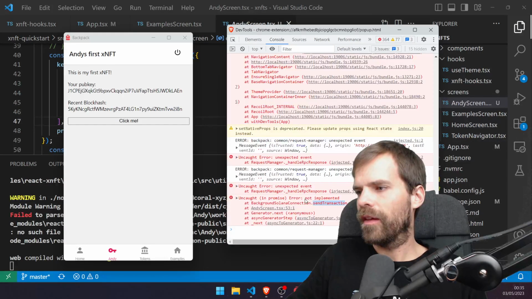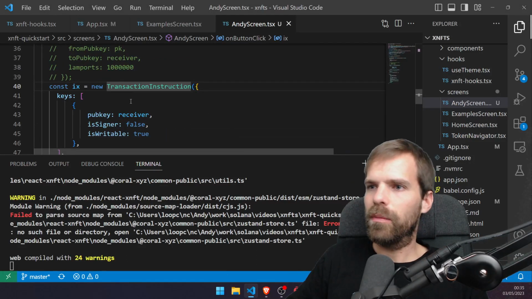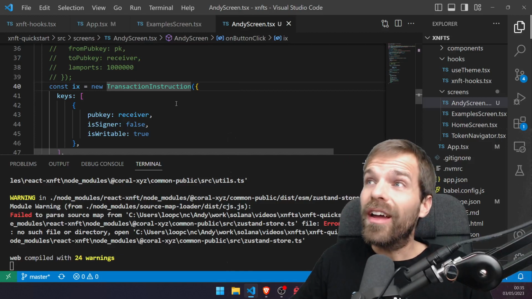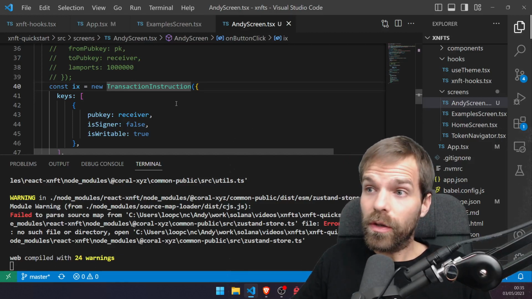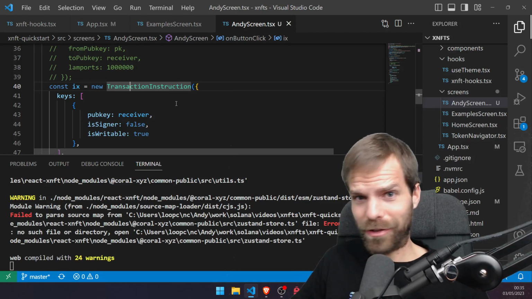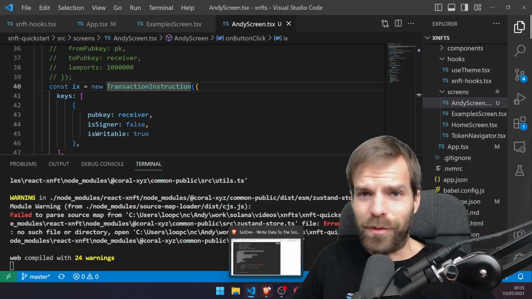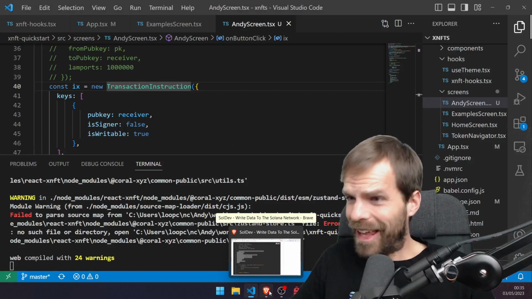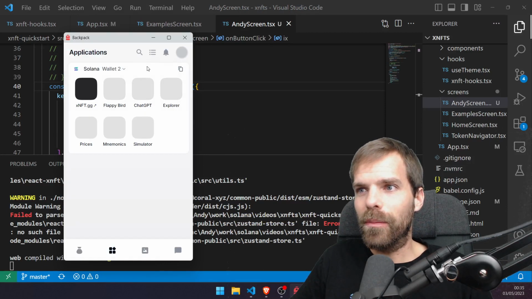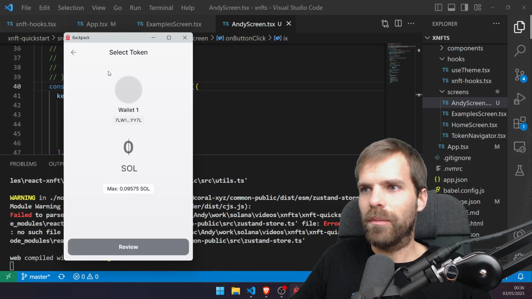Okay. That says not implemented, but at least now I can build it like that. I mean, that's ugly AF, and it's just a stupid workaround, but we're just going to build ourselves that system transfer instruction manually. System program transfer instruction. Fine. I don't remember how that works. Let's do a transfer, so out to our Backpack wallet, and we just send back to my wallet